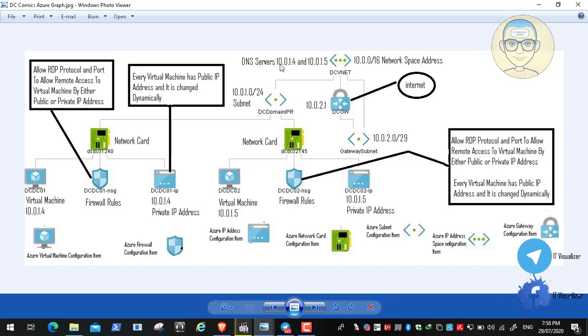the DNS servers will be 10.0.1.4 and 10.0.1.5. So this is the network address space, and these are the DNS servers that will be distributed to any virtual machine created within this network address space. Okay, and the network address space will be named DCVNet, or DC Comics Virtual Net. Okay, and after that we will create our first network,